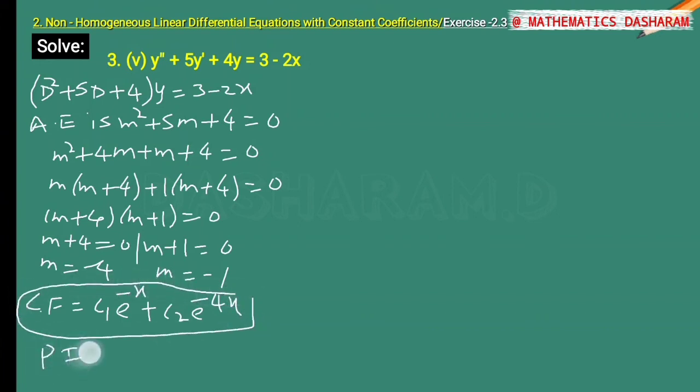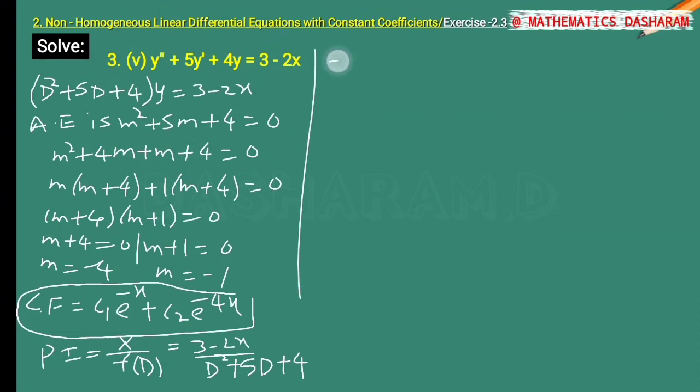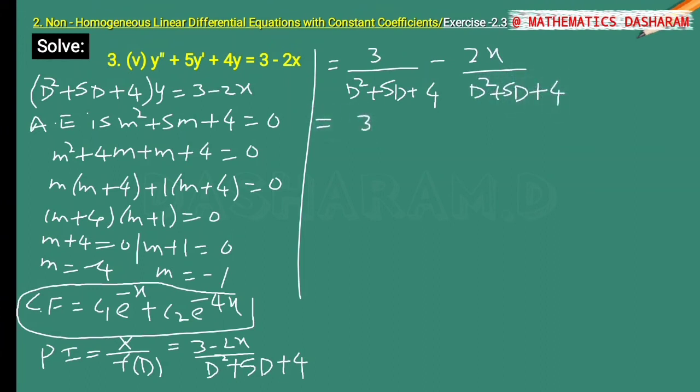So now the particular integral is x divided by f of D. So (3 minus 2x) divided by (D square plus 5D plus 4). So it is equal to, split into two fractions, 3 divided by (D square plus 5D plus 4) minus 2x divided by (D square plus 5D plus 4). For the constant, just substitute 0 in the place of D,